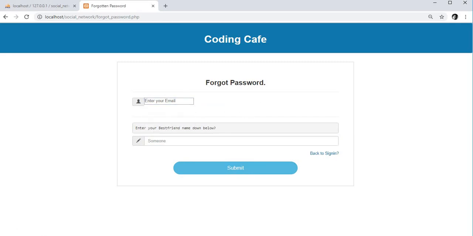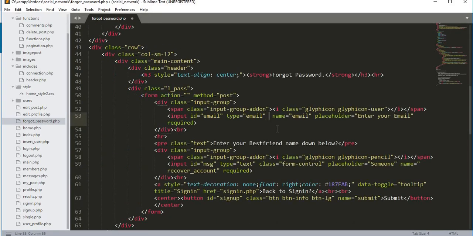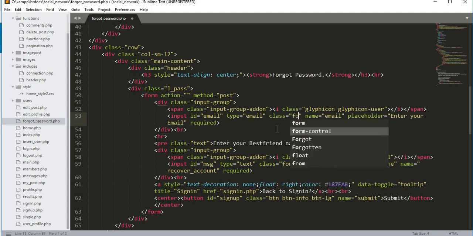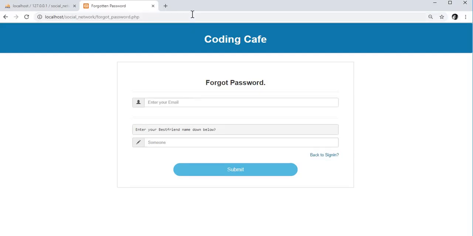This email input is not working. Let me just check. So we need to give this input a class, and its class will be form-control, and that's it. If you just refresh our page, here is our beautiful forgotten password form. So now let's just check this out. My email is Salishev and my best friend name is Masad, and if I just click on submit,